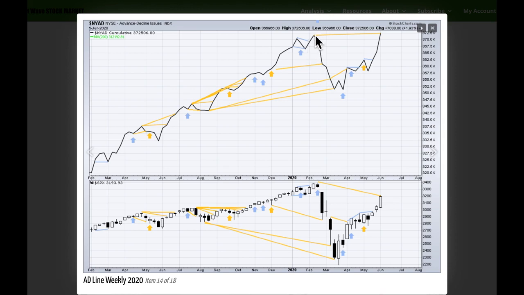However, back here, we had absolutely no divergence in February 2020 between the AD line and price, and I warned that that meant that the probability of a bear market was very low, because bear markets are almost always preceded by a minimum of 4 to 6 months of bearish divergence between price and the AD line. And this bear market came after zero divergence between price and the AD line. That had only happened once before in Lowry's 90-plus year history, and so the probability of this happening was very low, and yet it did happen.